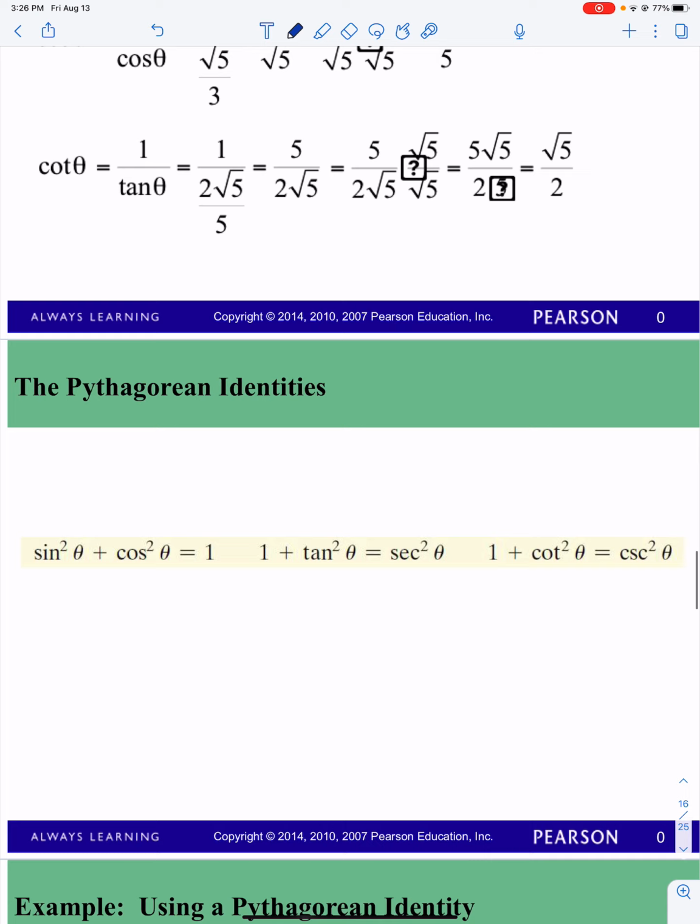Okay. So the Pythagorean identity: sine square plus cosine square equals 1. That's a very important identity. But where do the other two come from? We know sine square plus cosine square equals 1. So if we divide